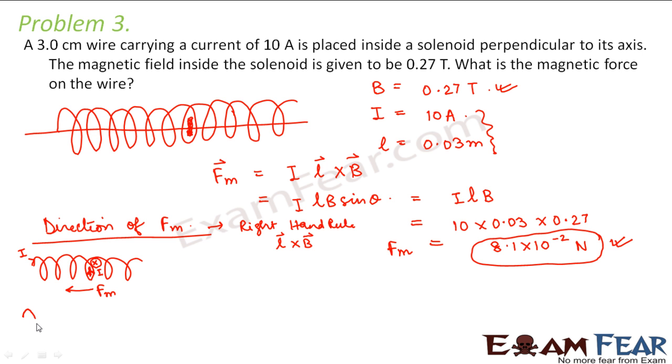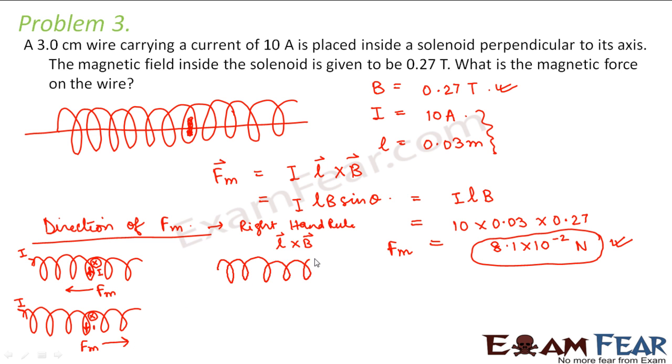Now let us consider the next scenario where the current is flowing in this direction through this solenoid, because of which again your magnetic field will be in the downward direction, and this is the wire in which the current is flowing in the downward direction. In that case, you curl all your fingers downwards and then you go down. So your magnetic force will act along this direction. So you apply the rules and try it yourself.